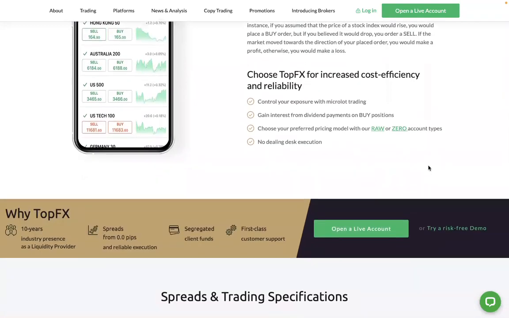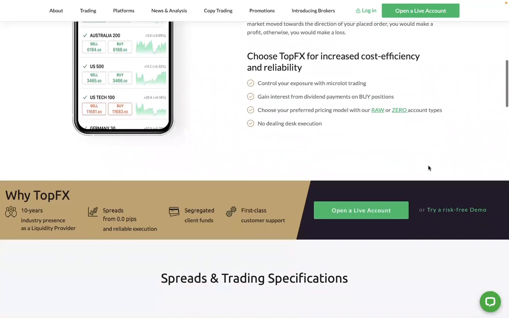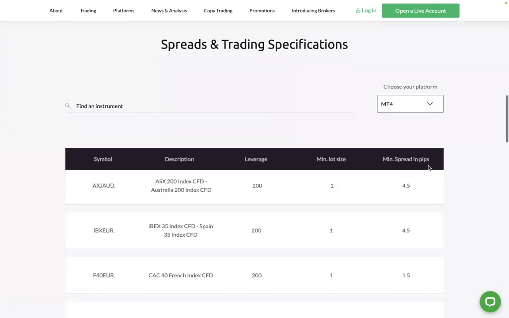So you can control your portfolio and your market exposure with micro trading. You can gain interest from dividend payments on buy positions. That's very interesting. And of course, you can choose the preferred pricing model without dealing desk executions. If you want to take a look at the spreads and trading specifications of the indices, you need to choose your platform. We are going to choose the cTrader because this is the platform we are going to use, and you can find out what the index is